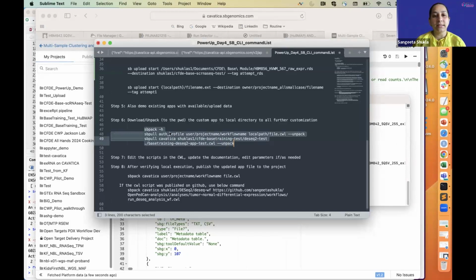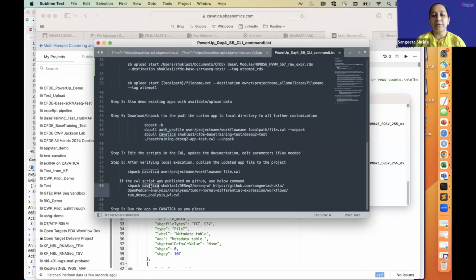But in general, the syntax is that we want to use the authorized profile, the username, the project name. In my case, it's the profile that I have named locally with my credentials. It's called Cavatika. My username is Shukla S1, and I can use a certain kind of project name here and the app name here with the option of unpack. This is going to create a local copy of that entire CWL file for that app locally. But let's wait for Rowan to help with the